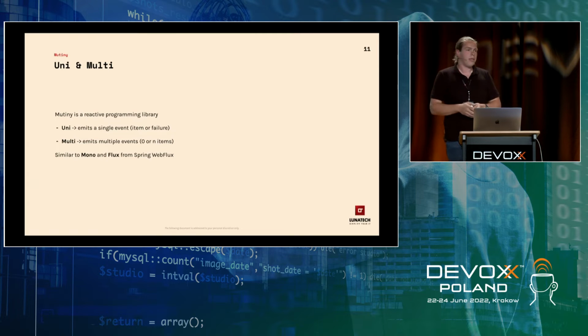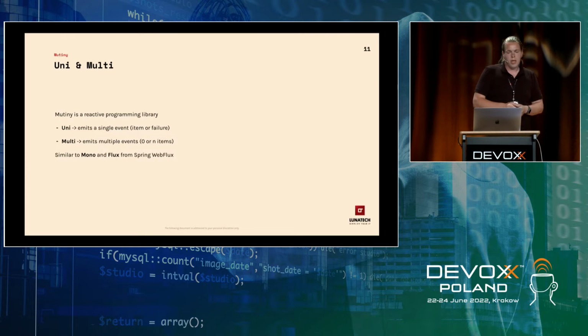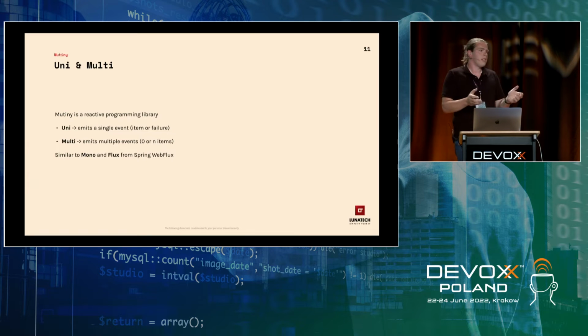And this item can either be the item itself that you get eventually, or a failure, something went wrong in the meantime. On the other hand, we have a multi, and a multi gives me in the future a bunch of elements. It can be 0, nobody sends me anything, or it can be a finite set of elements, just a list of items that I get in the future, which I get then one by one instead of the entire list in one go. Or an infinite stream.